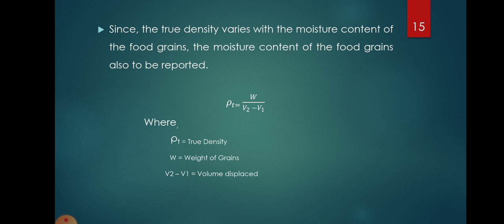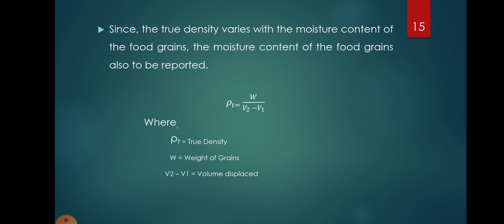For this purpose we have to take 100 grams of sample. That sample is weighed with the help of weighing balance. Then in that measuring cylinder we have to pour sufficient quantity of oil so that the sample is submerged in that oil. The value of V1 is noted,